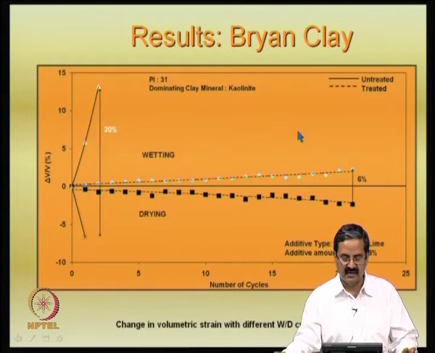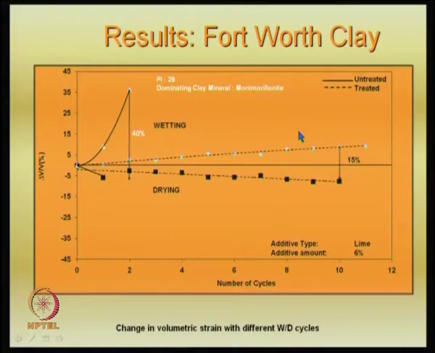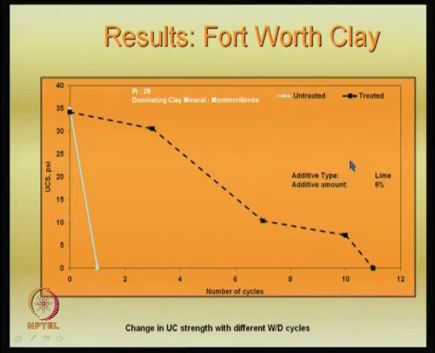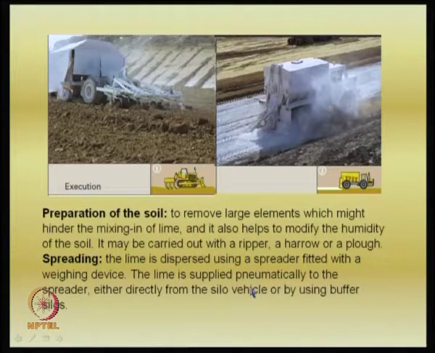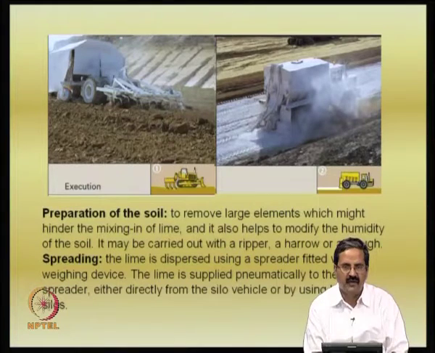and the previous case is all kaolinite. Here in this case it is montmorillonite. See, for montmorillonite it is about 40%, but then over a number of cycles it has come down to 10%. Here also, about strength, you can see that with the number of cycles the strength reduction is there, and then it is very drastic here. What we meant was that the strength reductions are also a function of the clay mineral.